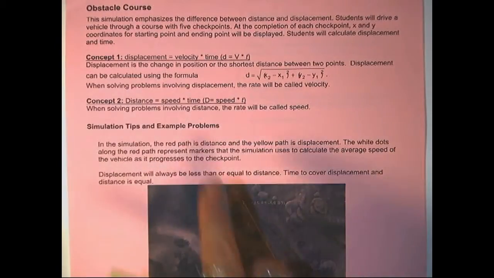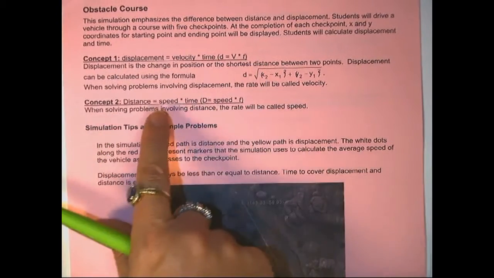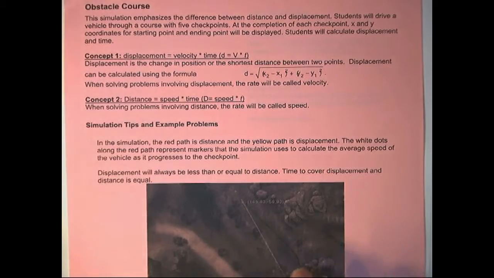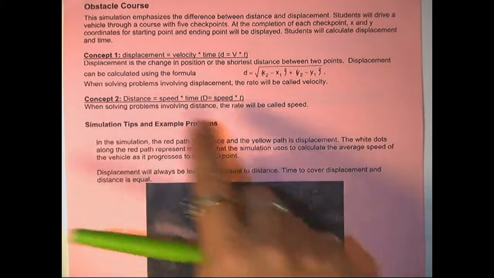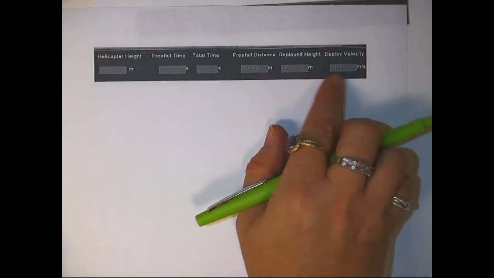In both cases, basically we have displacement is equal to velocity times time. Here's the formula. Or we have distance is equal to speed times time. So what we need to do in either case is use these formulas. And if we need to find the displacement, we're going to use the distance formula. So here's an example that's not on the page where I'm given